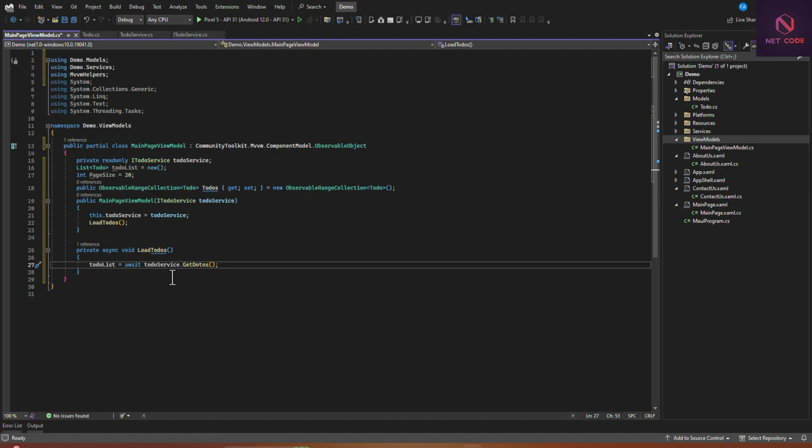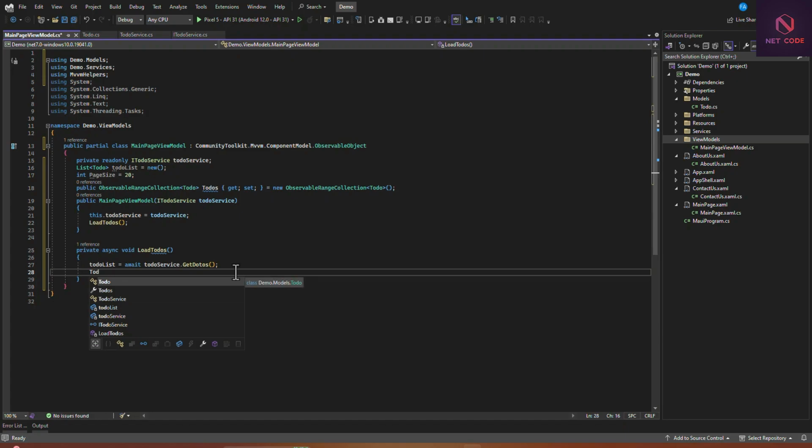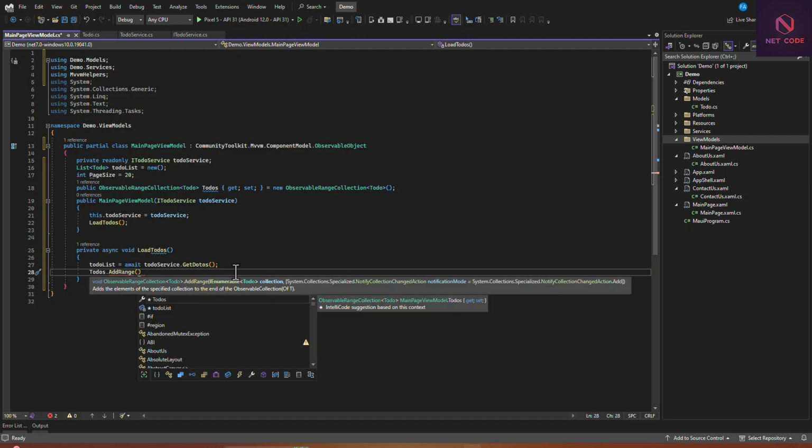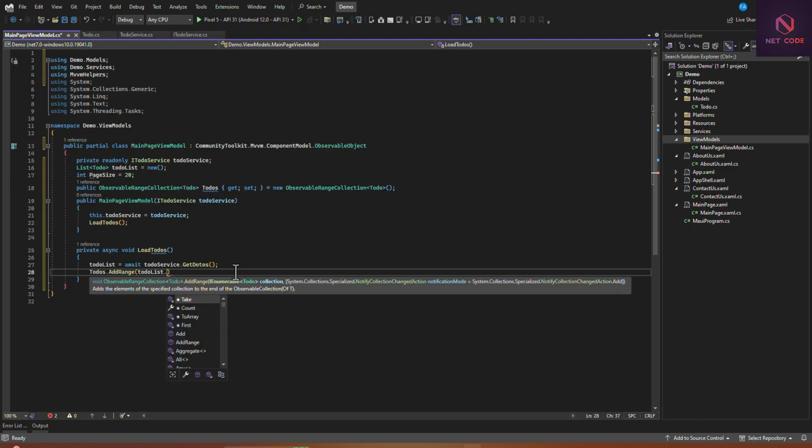Now when we store, we have to get the page size and assign it to this range. So this is what you're going to do. You're going to say ToDos.AddRange. Now this range, we are going to say ToDoList.Skip. So initially the skip is going to be 0, right?